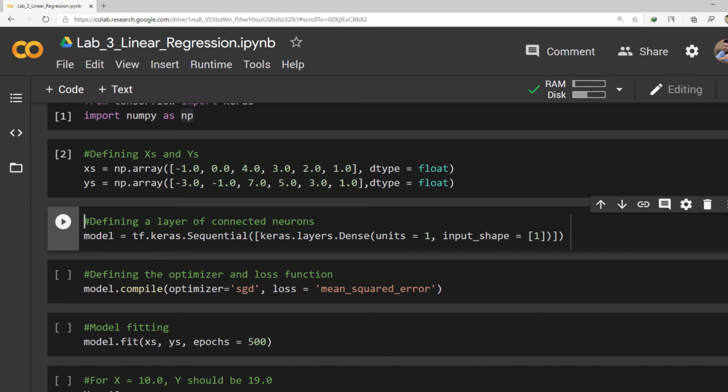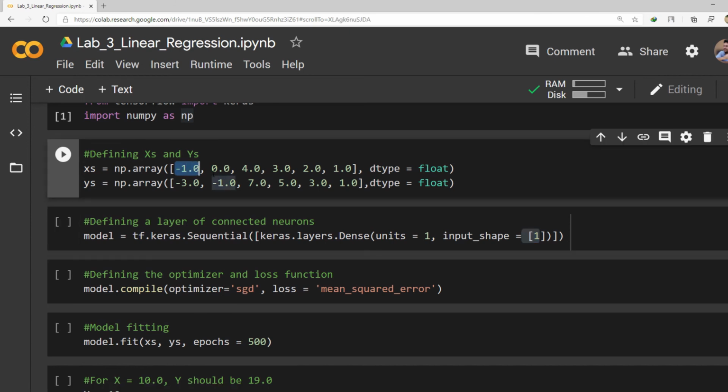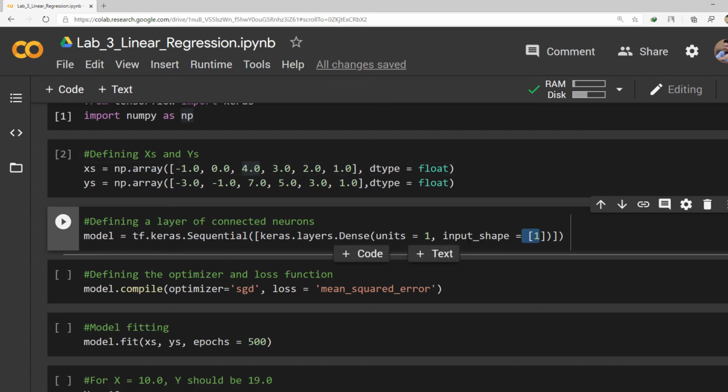Now we have to define the layer of the connected neurons. So sequentially we are defining the Keras layer. Units equal to 1 means only one neuron is being used. Input shape equal to 1. This means that at one time x equal to -1 or x equal to 0 or x equal to 4, so at one time only one value is being given as the input.